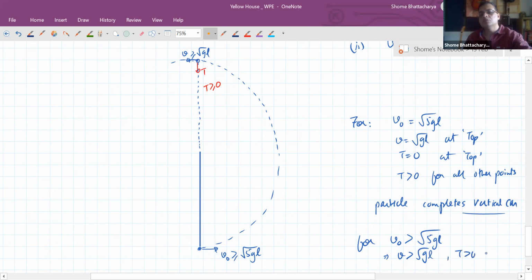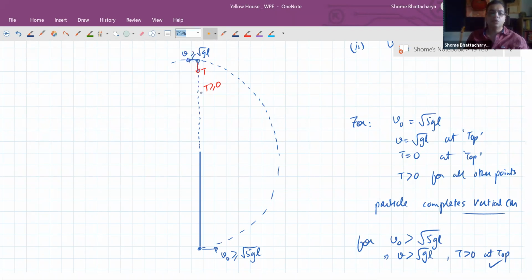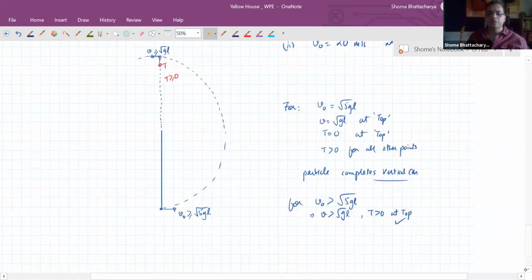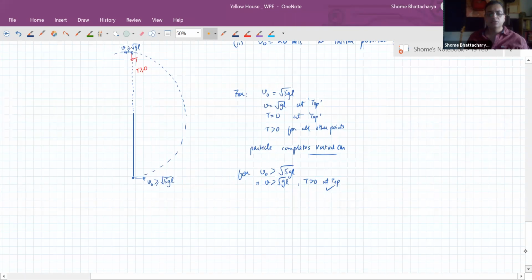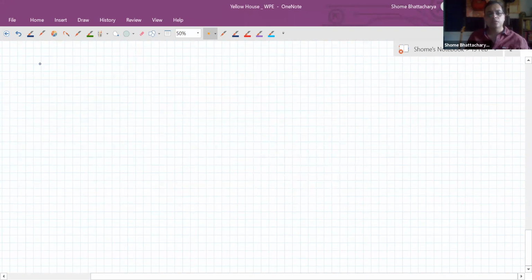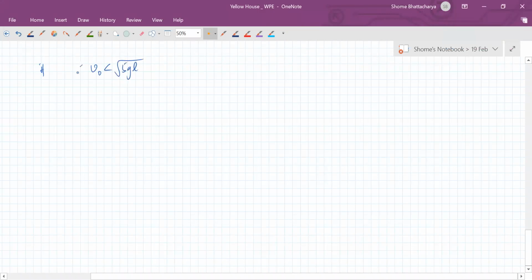So tension is greater than 0 at the top. So again, it completes vertical circular motion. The problem occurs if the V at the bottom, that is V naught, is less than root 5 GL. So for that also, as you know, there are two cases. If V naught is less than root 5 GL, but at the same time greater than root 2 GL, then what happens in this case is that